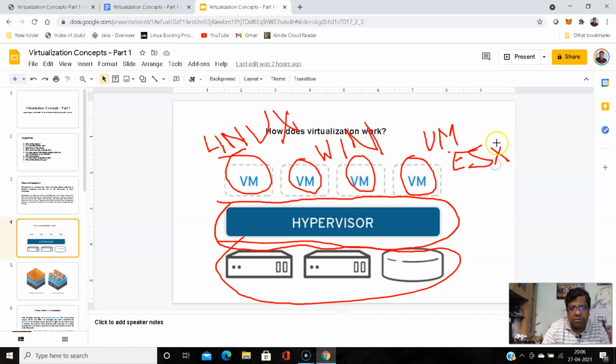Actually, many of the virtualization software support that as well. ESX also is supported, but though we are not using it, the main operating systems that run on a hypervisor are Linux and Windows.